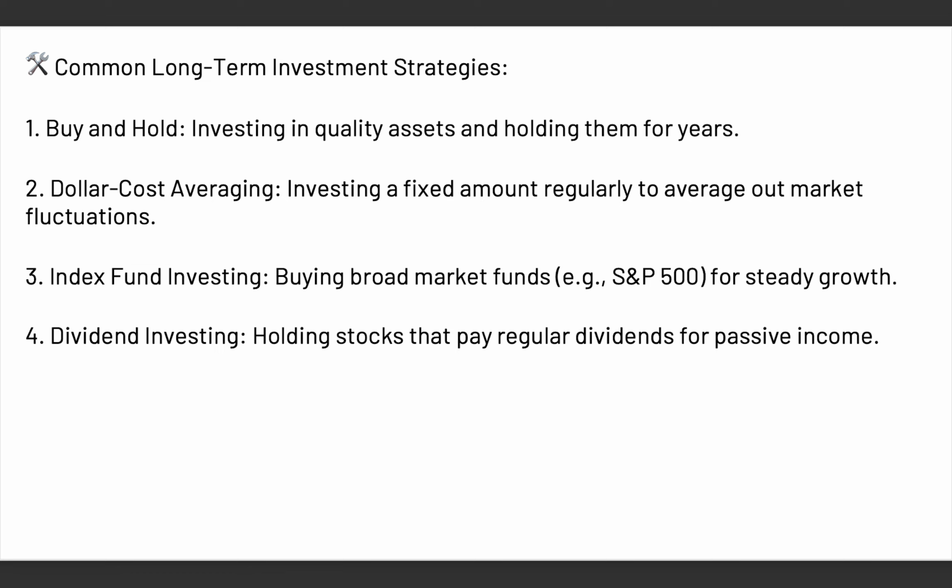Now, the second one is the dollar cost averaging strategy. This means investing a fixed amount regularly to average out market fluctuations. So if you are planning to do long-term investment in crypto, for example, you can invest a fixed amount of money every week or every month into that asset for about 5 years or 10 years, or for as long as you want to keep investing in that asset. Or if it's a particular stock, you can just pick that stock and invest, let's say, $500 every month into that stock for as long as you want, maybe 5 years, 10 years. Just keep investing for as long as you want.